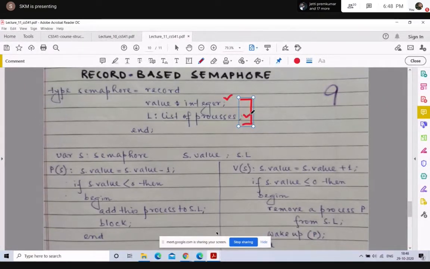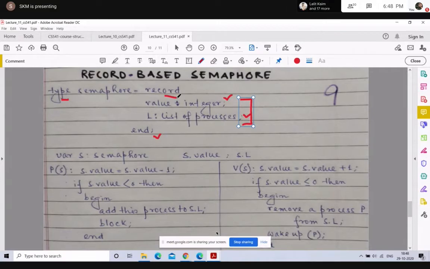You put an end and you define the semaphore construct like this. So I define a type semaphore, which is equal to record. Type is also known as a user-defined type or an enumerated type.